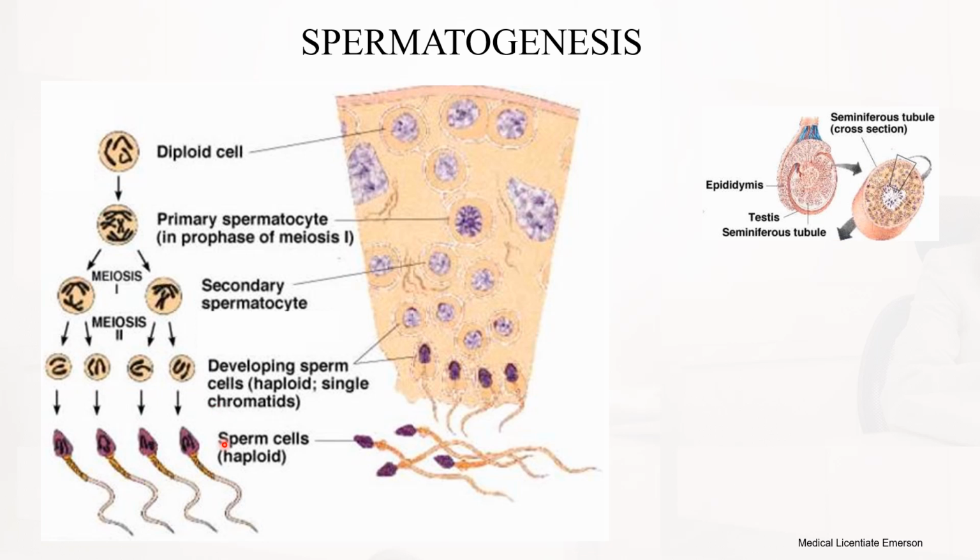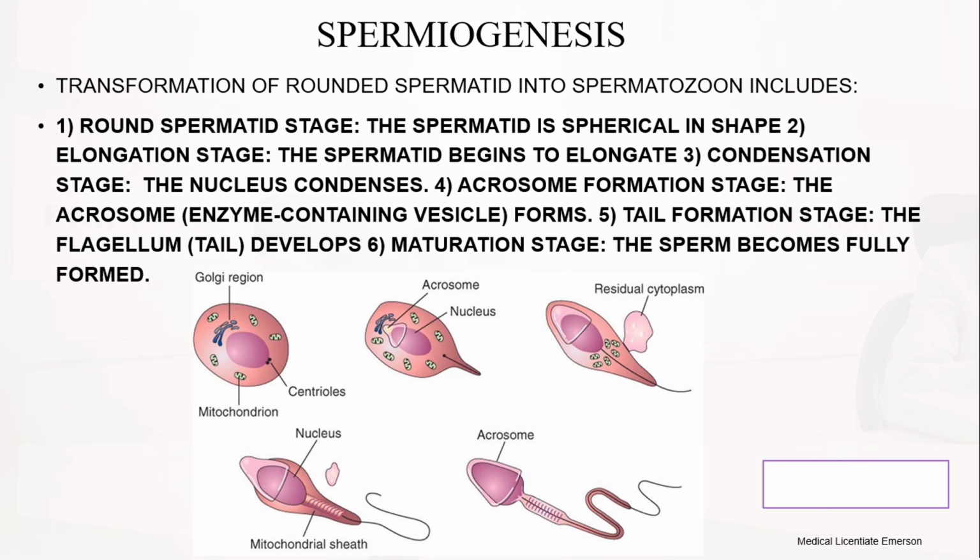Okay, then the last part will be the sperm cell now, which will be formed, and it will also be a haploid number as well. So that is the spermatogenesis. Okay, so now in the process of spermatogenesis, there is a very specific and very interesting part which we call